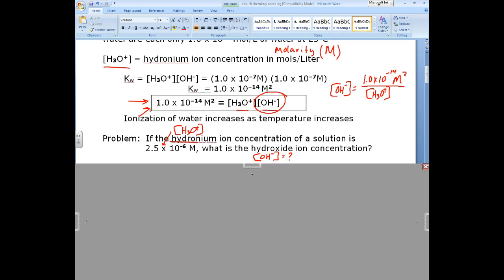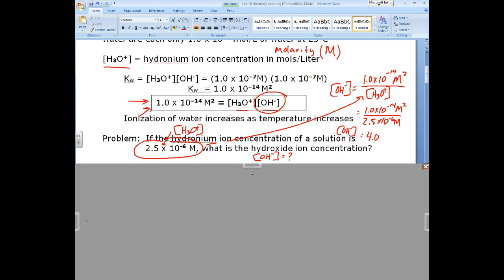Now, I'm just going to plug in the numbers that they gave us in the problem. They gave us our hydronium ion concentration, so that's just going to go in right here. So it's going to be 1 × 10⁻⁴ molarity squared divided by that 2.5 times 10 to the negative 6 molar. When you divide those, you find that your hydroxide ion concentration is 4.0